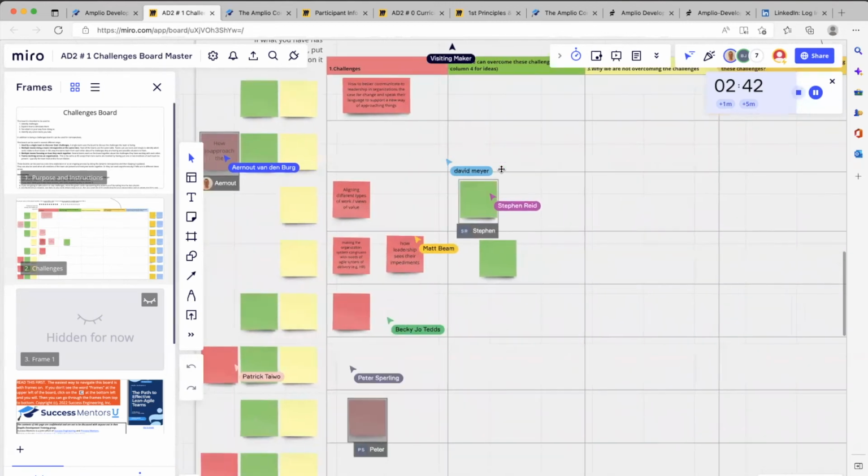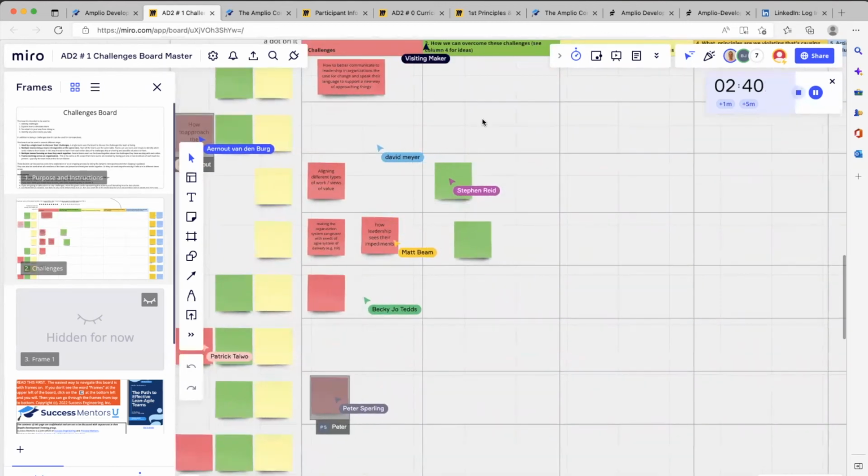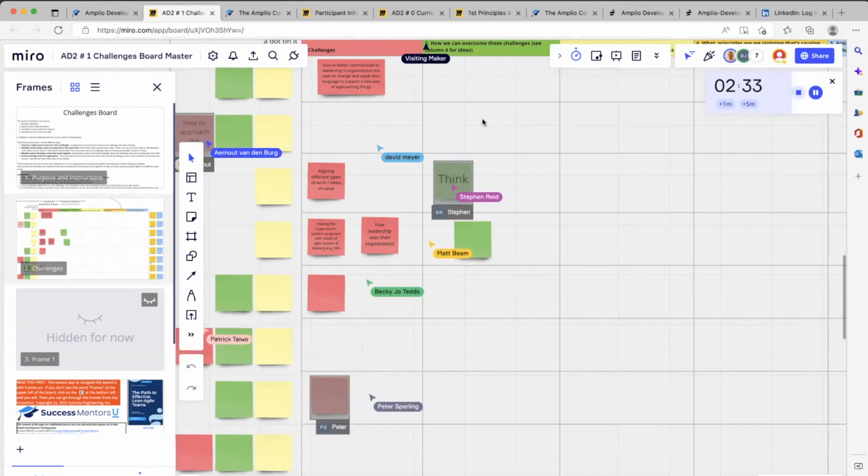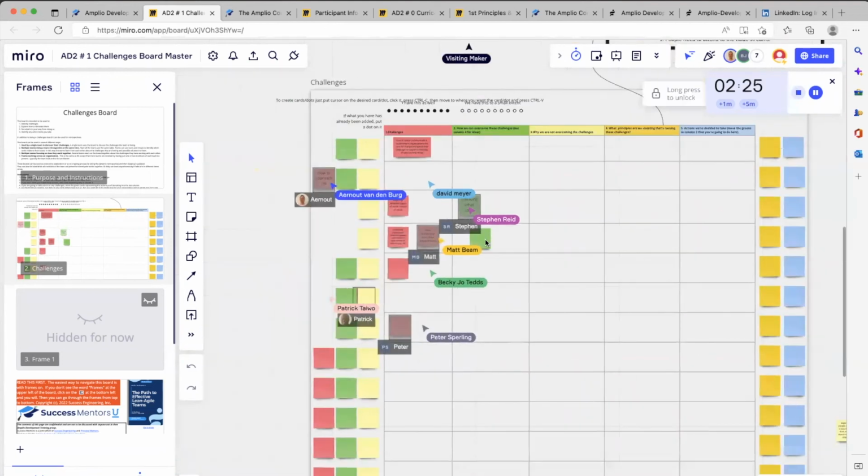Now, each row should have its own. Just one red? No, per... Yeah, I'm trying to do one red because you're then going to talk about the green for that. But it's easier to see them if they're in separate rows. So can I have multiple ideas per red note? Yeah, just one idea at a time. Or if it's one theme with multiple things, then all in one column, all in one row makes sense.